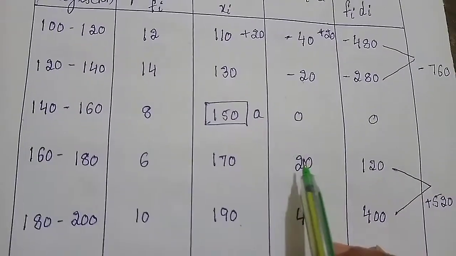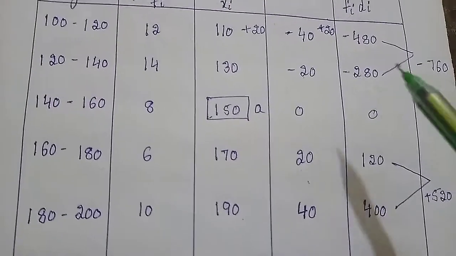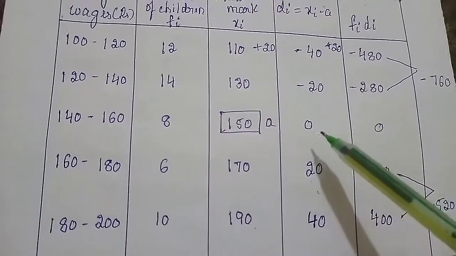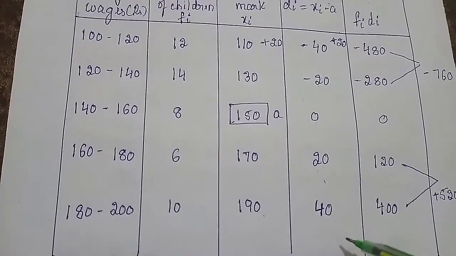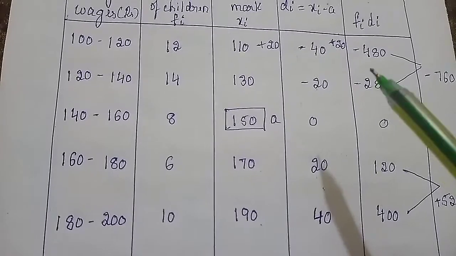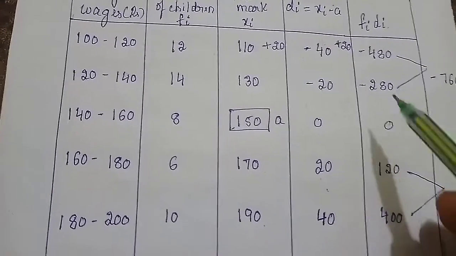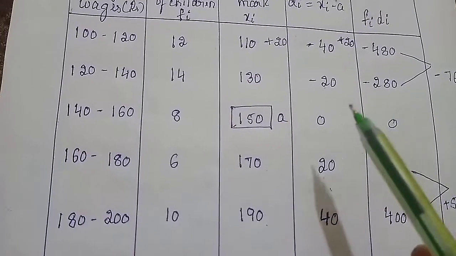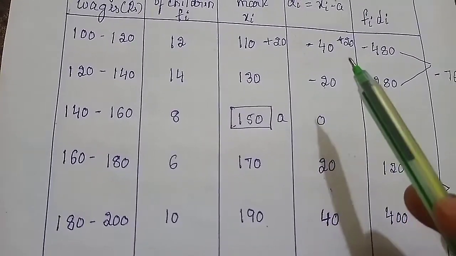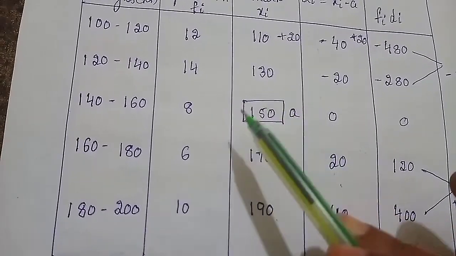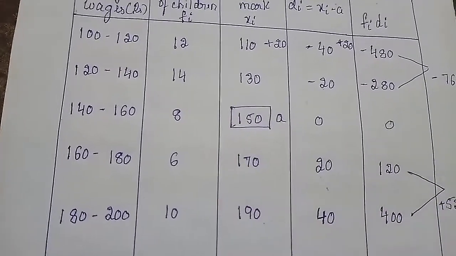And if you observe the pattern here, you can see we always get the negative numbers first, then 0, and then the positive numbers. So in this way the di column will always be. Don't forget, this is one clue whether you have done it wrong or correct: first should be negative, then 0 and then positives, because you are taking the middlemost observation.